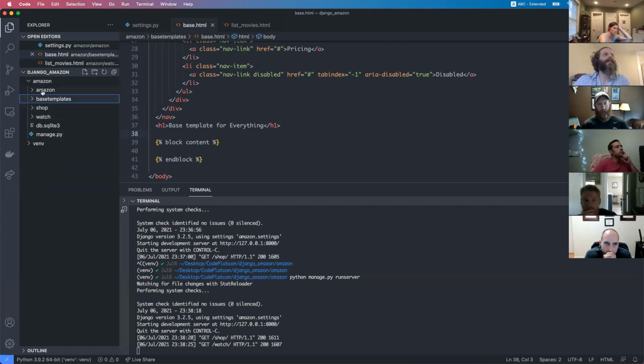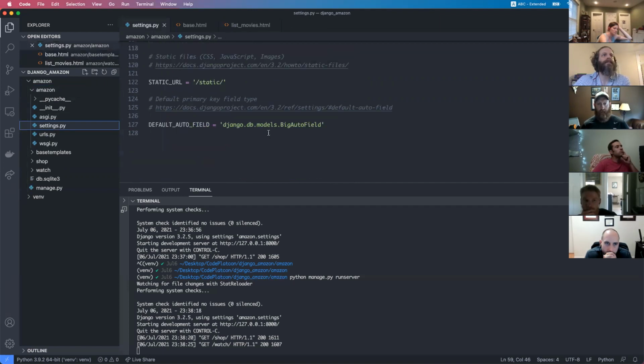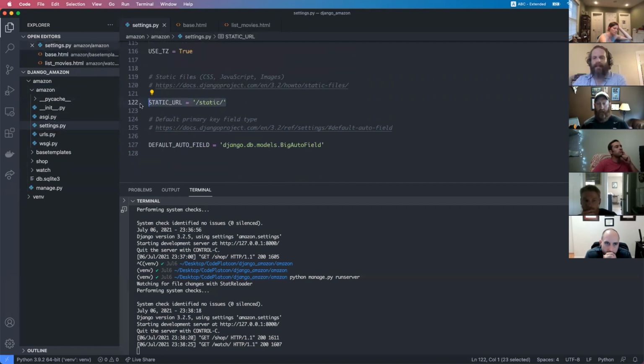So we look here, settings. Django has this static URL, which is basically where on the host server it's going to look for static files. If you were doing this from scratch on a server, you'd have to put those files there and so on. But we don't really have to worry about that, especially with the development server. It takes care of that. But we do have to